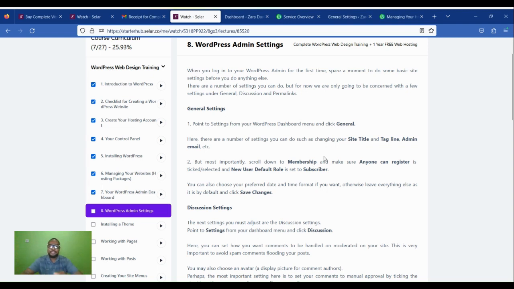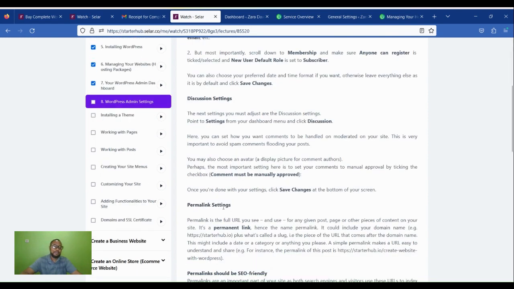There are some basic WordPress settings which you must configure when you first create your website. Some of those settings fall under General, Discussion, and then your Permalink settings. So let's take a look at these most recommended settings you have to configure as soon as you create your